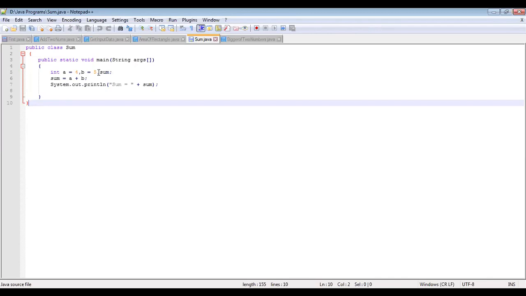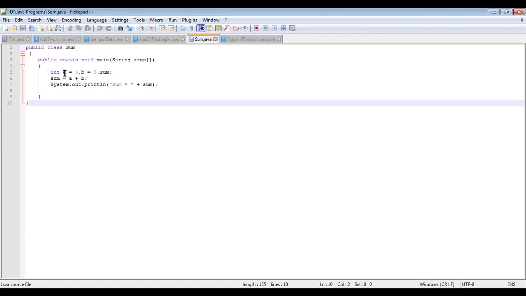Please be informed that here I am not taking user inputs. I am not taking inputs through the keyboard. The variables are initialized at the very beginning, and they will remain fixed. In order to take user inputs, we have to use some other concepts and some other classes. For the time being, just see how we can write applications without providing user inputs. This is one example.